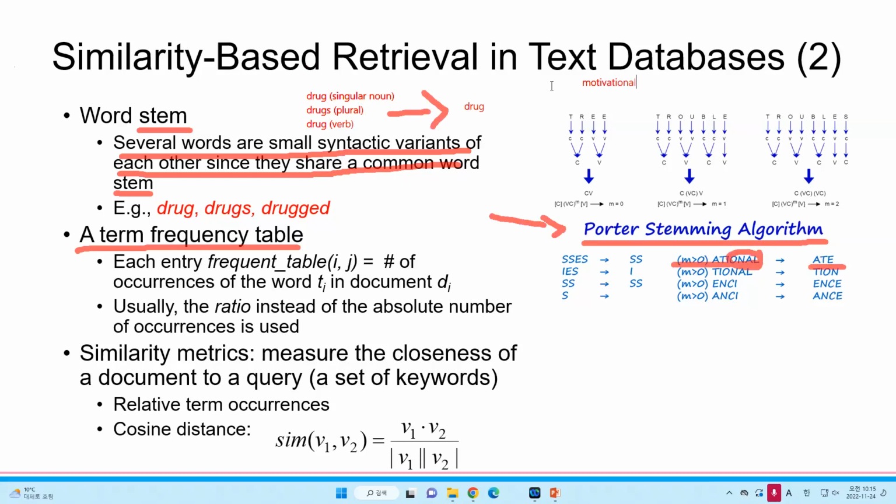Motivational is a long word, but if we stem it with the Porter stemming algorithm, the original word will be motivate. Emotional is also a long word, and with the Porter stemming algorithm, we can reduce it to the original word, which is emotion,